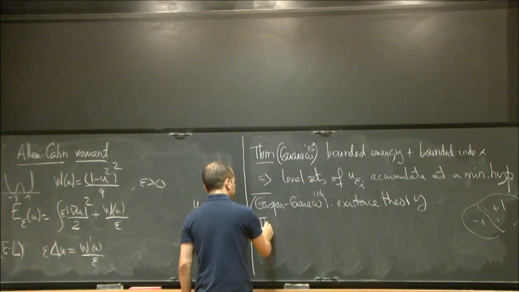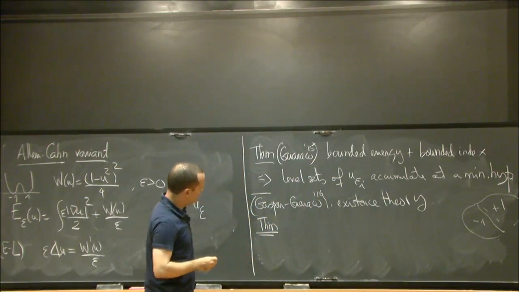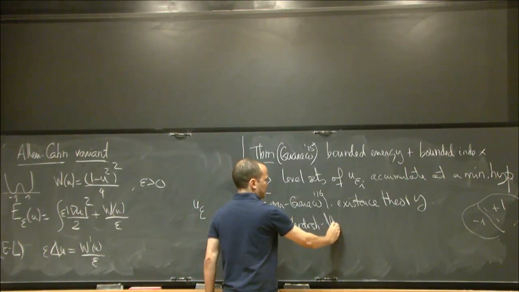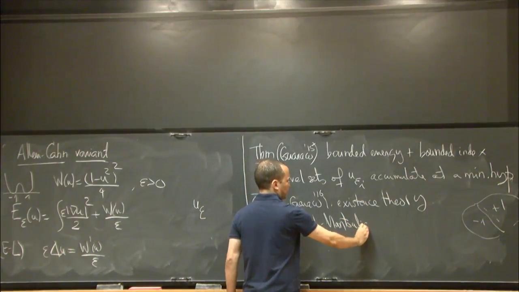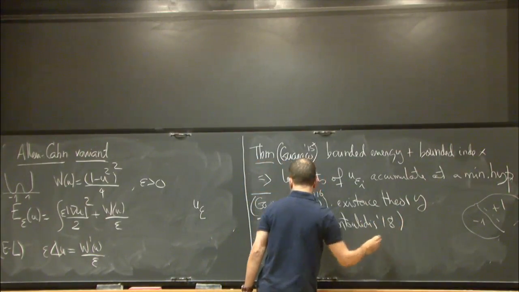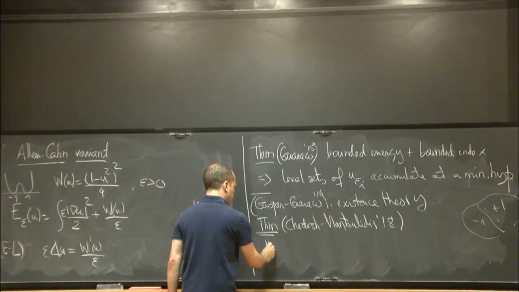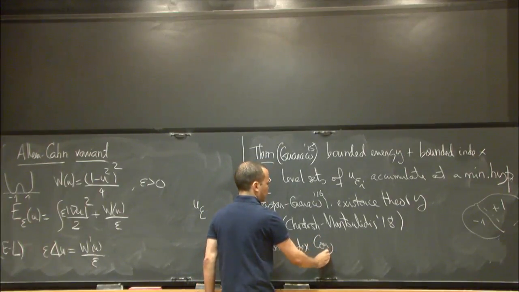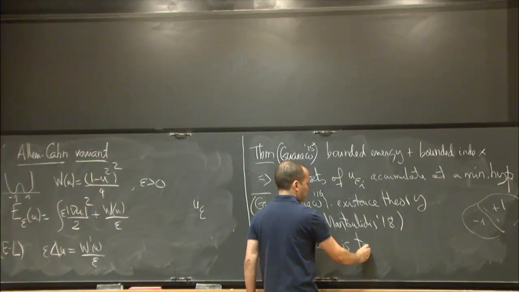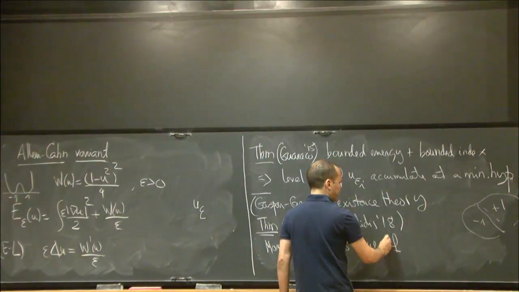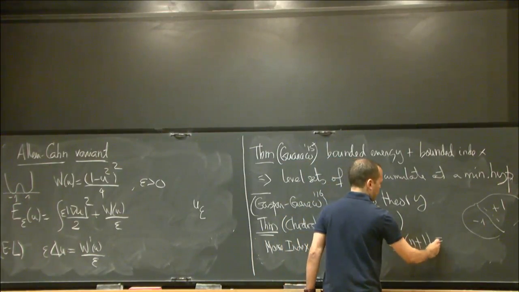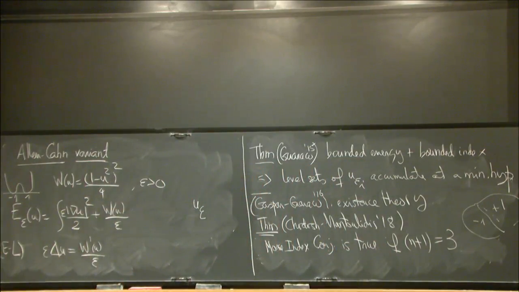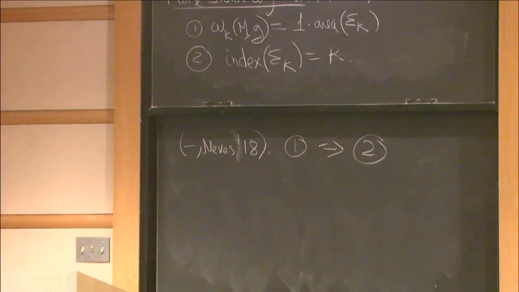And finally, I would like to mention work by Chodosh and Mantoulidis. Maybe Chodosh is here too. In 18, they prove basically that the Morse index conjecture is true in dimension 3. They actually proved it for the Allen-Cahn variant. So the omega k's that they have there are slightly different. It's coming from Gaspar and Guaraco.